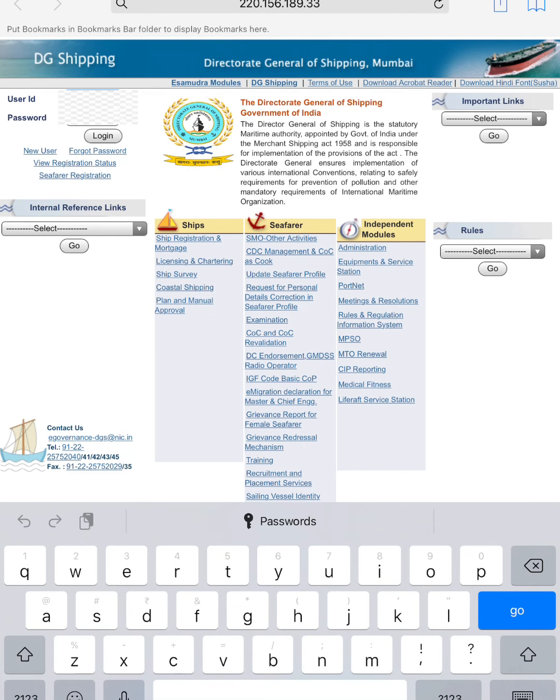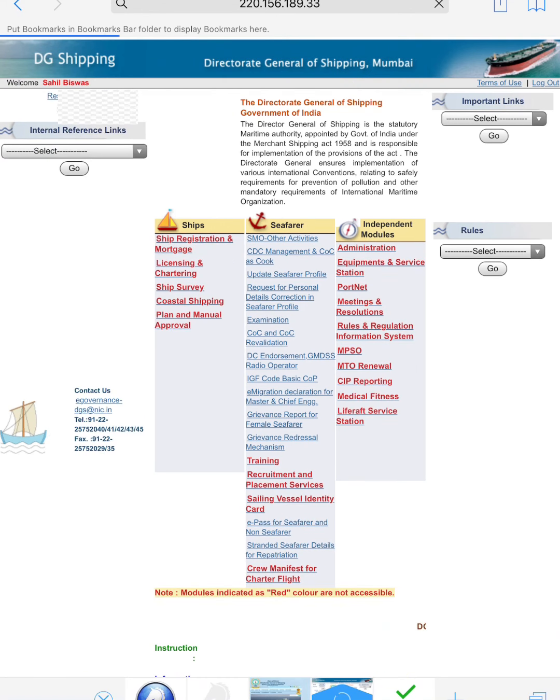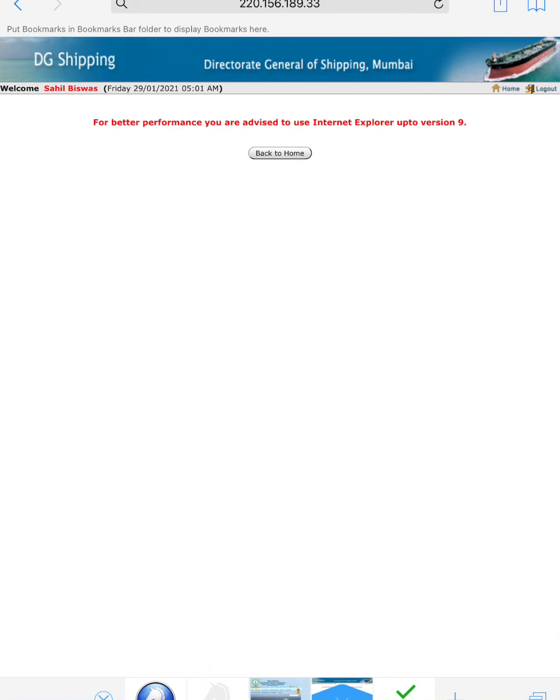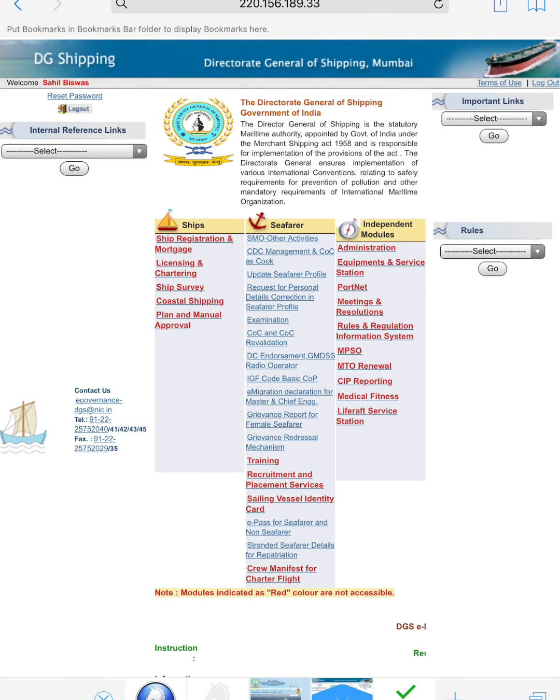My credentials are already saved, that is fine. Now if I click update seafarer profile, you can see there is nothing. Same. Don't worry, I have to change some settings and it will work.